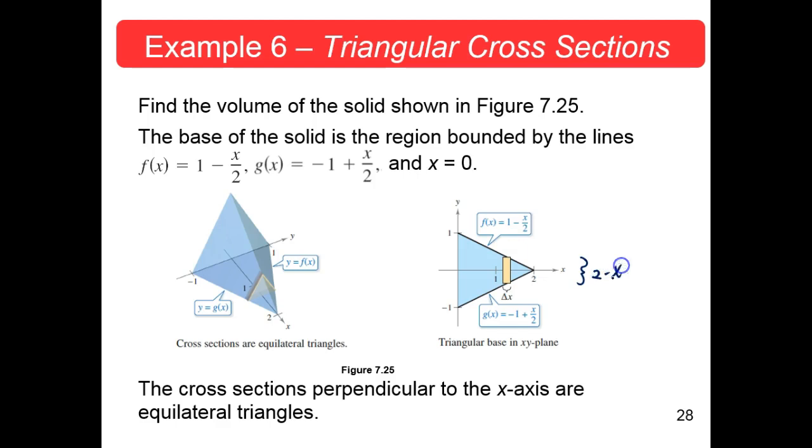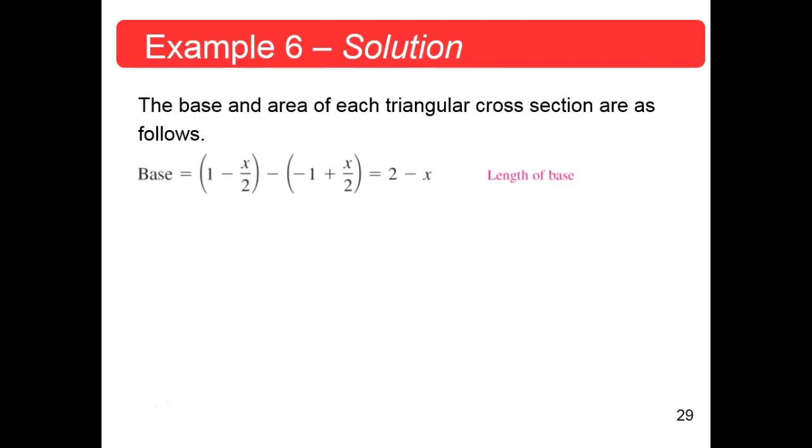2 minus x. That's the base of that. Now, what's the area of that triangle? Let's see if they show that next. Okay, yeah, this is where they get the length of the base. Okay? Now, what is the area? The area of that is,